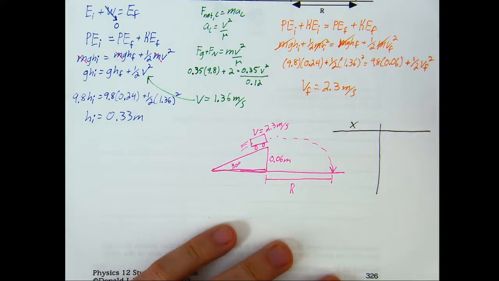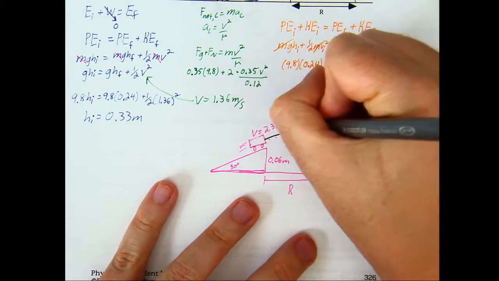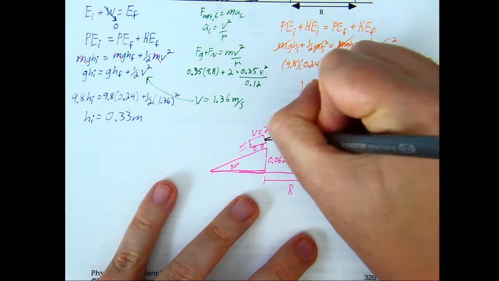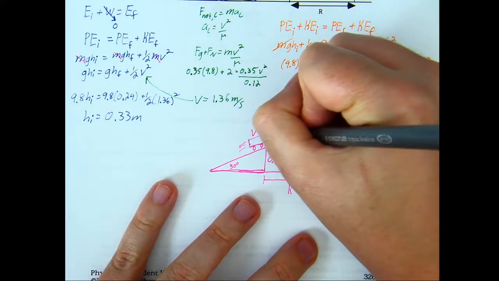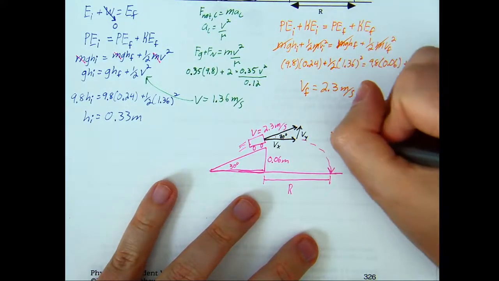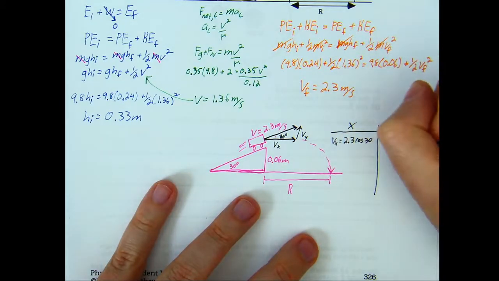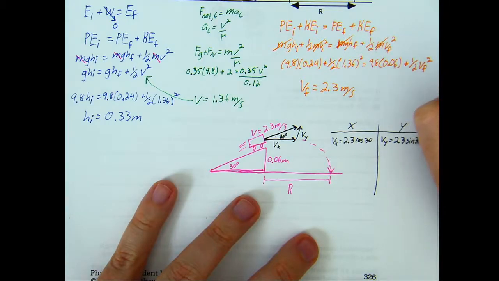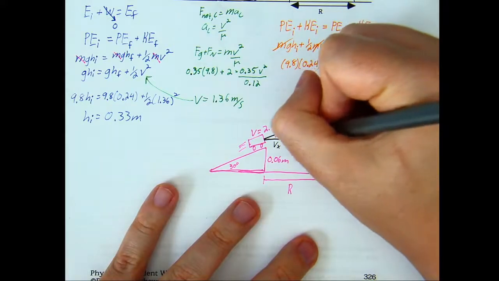We're going to have x and y. This guy, velocity is going off that way, so I've got that guy there, and this guy here. This is Vx, here is Vy, that angle there is 30 degrees. So we've got Vx is going to be equal to 2.3 cos 30. Vy is equal to 2.3 sine 30. That says this is a 90, doesn't look like it, but this should be a 90 degree